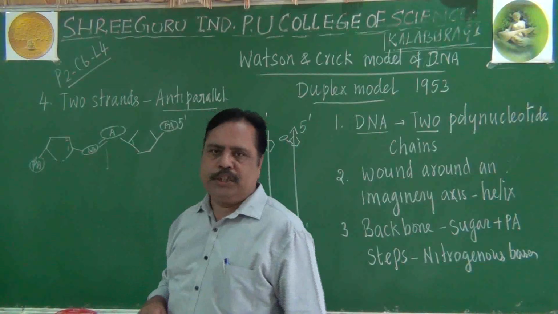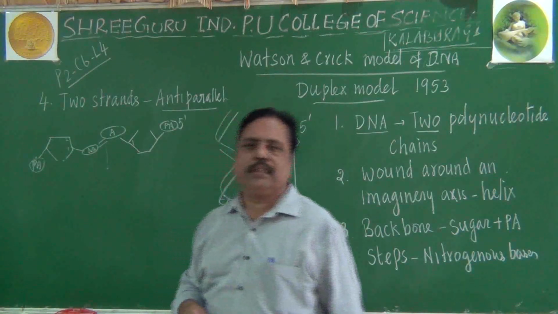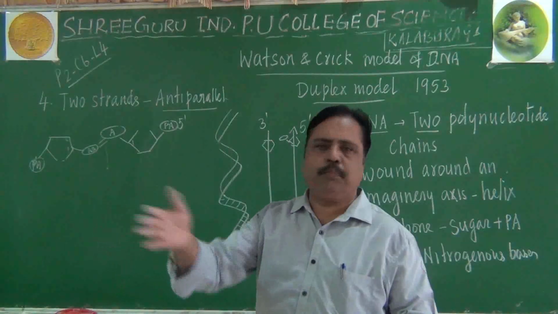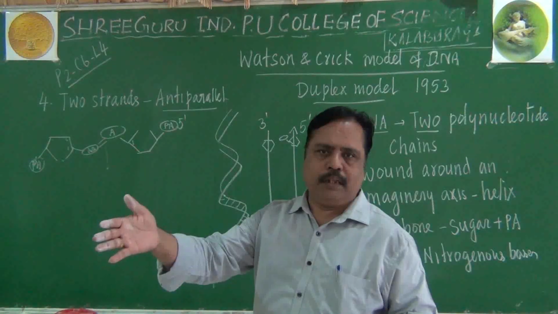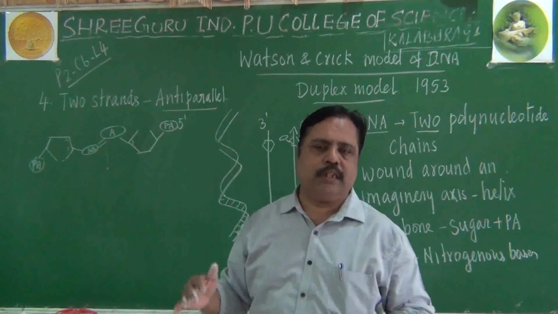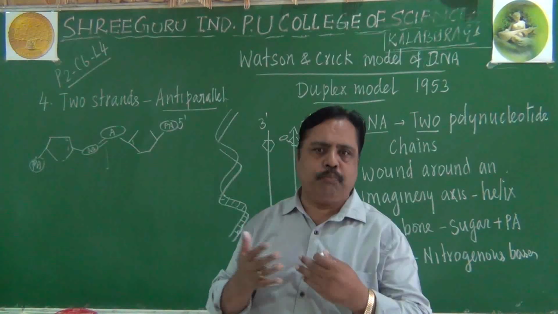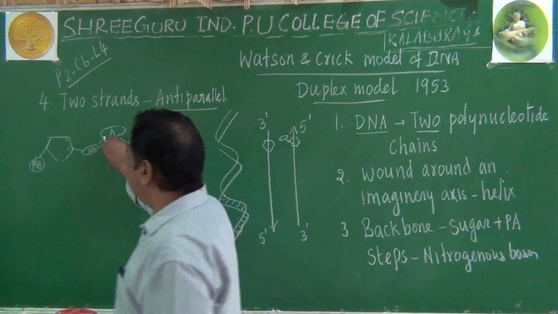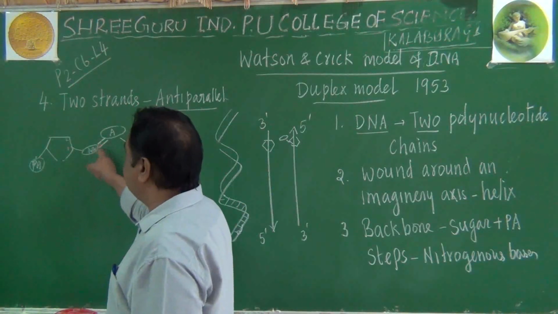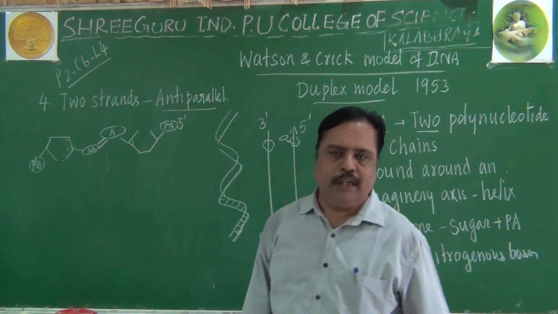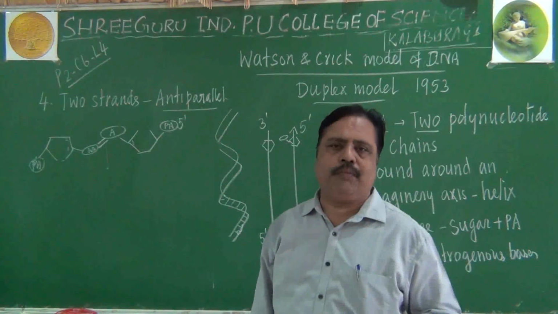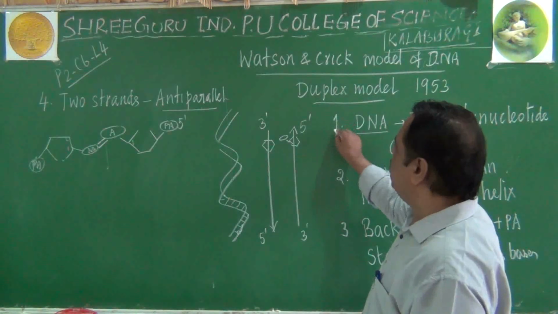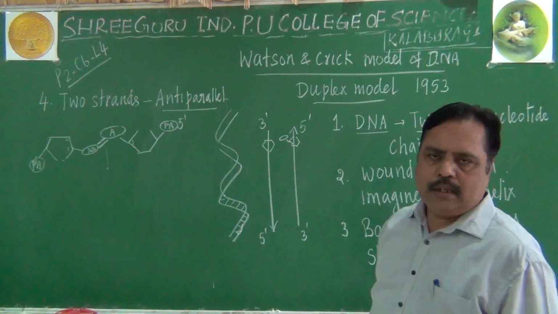When they are anti-parallel to each other, nitrogenous bases are brought closer to each other. So if we want to shake hands with a person, we should face each other. We cannot turn one side with that person turning another side, there will not be any bond formation. Here, nitrogen bases will form a bond in this anti-parallel condition. There comes the intelligence of Watson and Crick. The first point itself shows the intelligence of Watson and Crick.